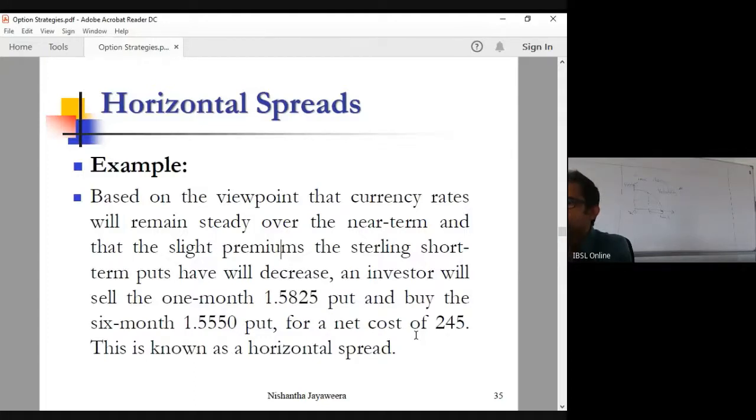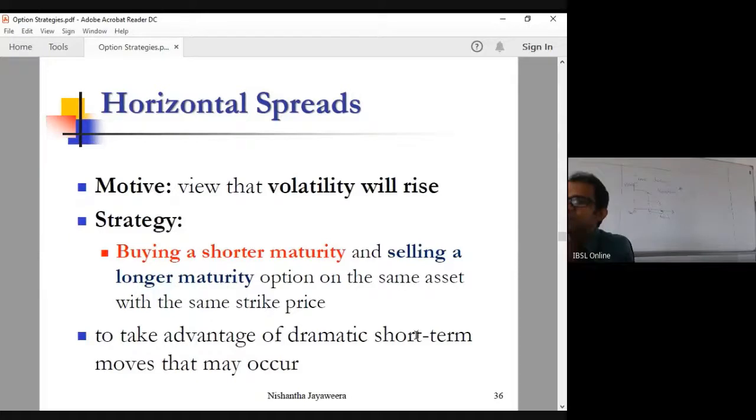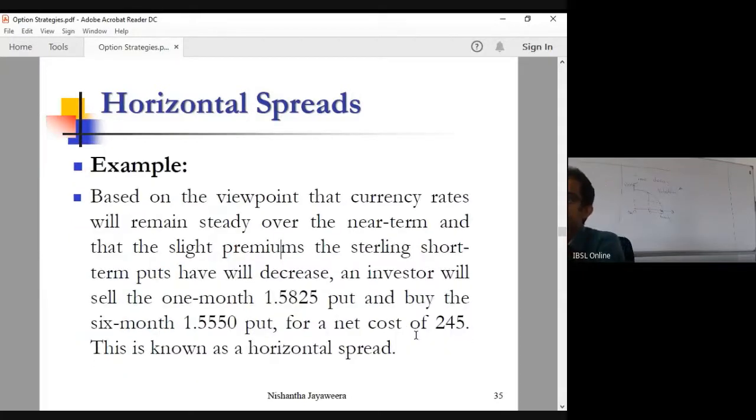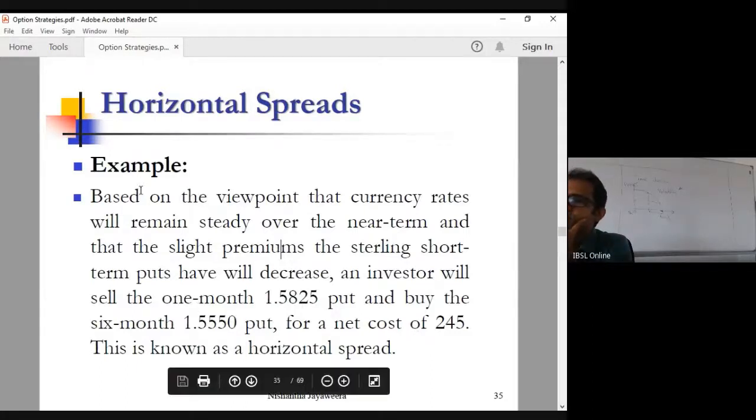So this is a horizontal spread. You buy and sell two different options. Indeed, this is not a horizontal one. This is a diagonal one. Sorry, something is wrong in this example. What you have to do